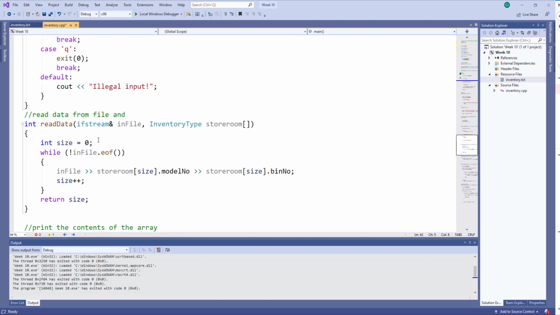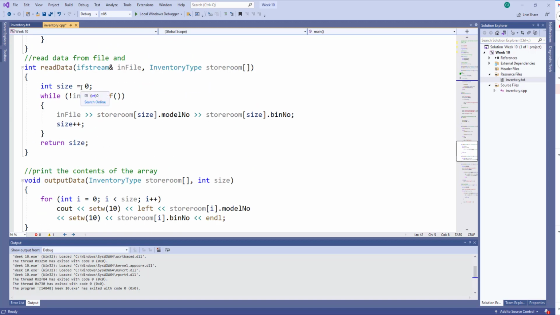read data, which gets done right in the beginning of the program. Notice it's not done in a while loop. The first thing we do is we load the data from the file. So the file stream variable comes in by reference. Here comes the array. Size gets initialized to 0. This is a local variable size, which is going to get returned. This has nothing to do with the size in main, by the way. This is a local